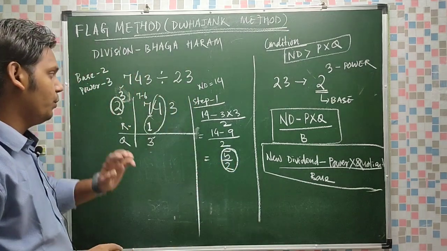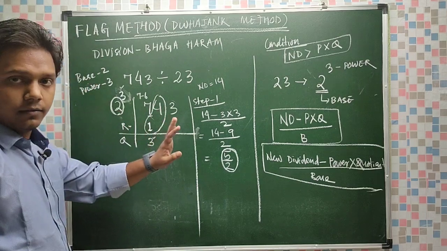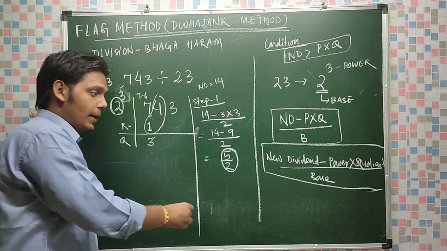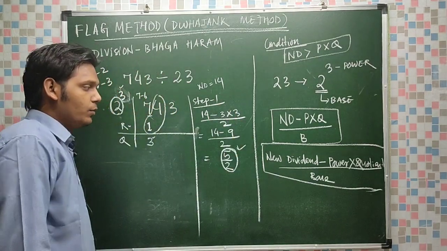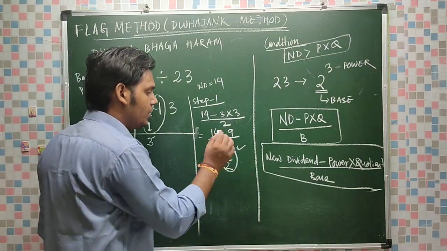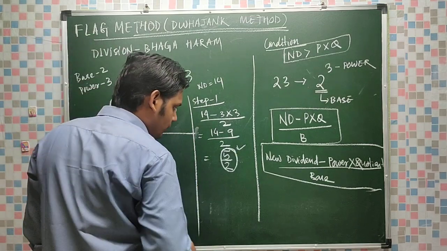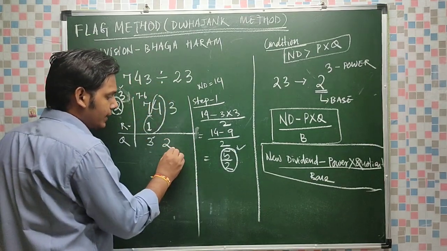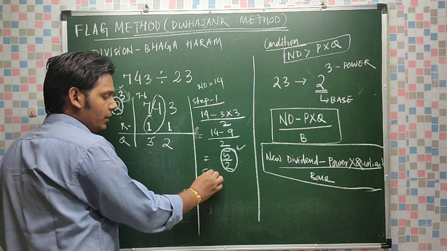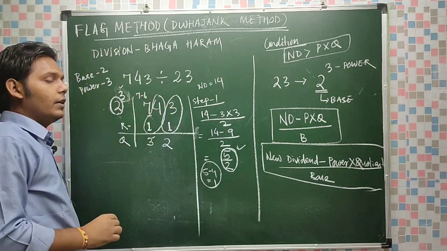Now this 5 by 2 you have to use to find the new quotient and remainder. You don't need to divide further with this 2. Only in the first step you have to divide with it. Thereafter you have to use the formula, and here we get the result 5 by 2. From here you can get the new quotient, new remainder, and new dividend also. So 5 by 2 means what? 2 2s are 4, so 2 I can take. 5 minus 4 is 1. So the remainder is 1. So now the new dividend is 30.